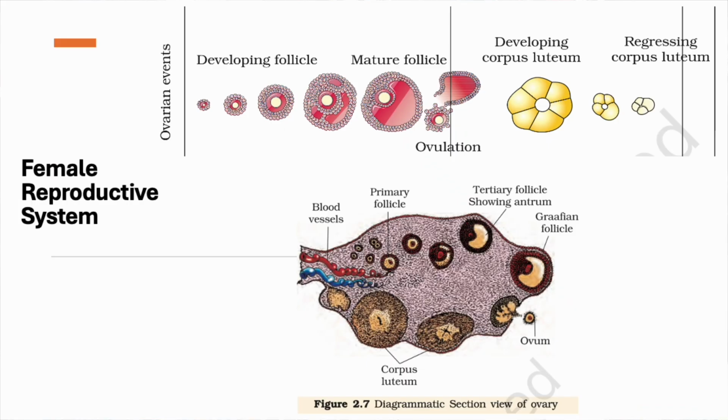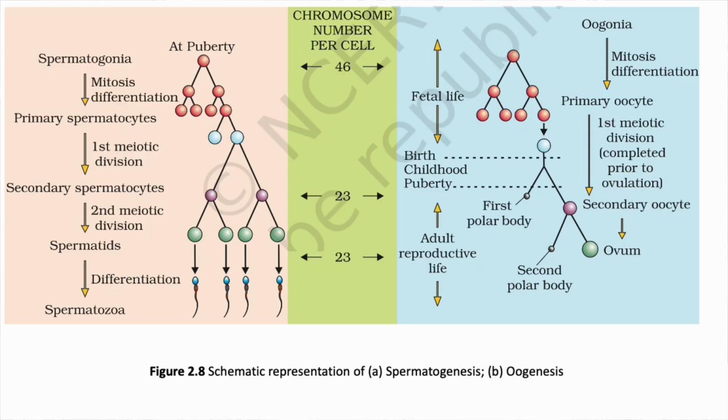In the female reproductive system, the diagram of the ovary is an important diagram. Learn the different follicles, their structural components, and the labelings. Then the diagram comparing spermatogenesis and oogenesis is also important, where calculation type questions asking for the ploidy of different cells involved have also been asked in previous years.